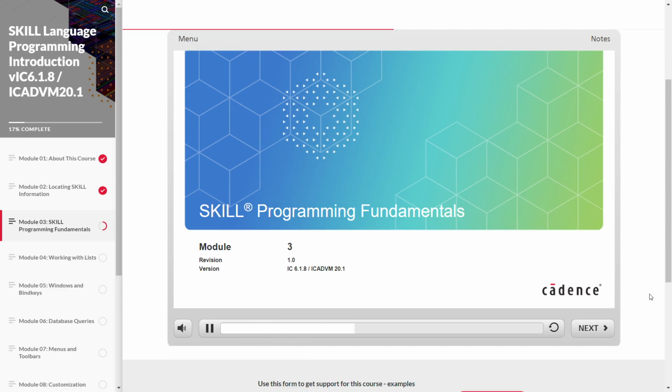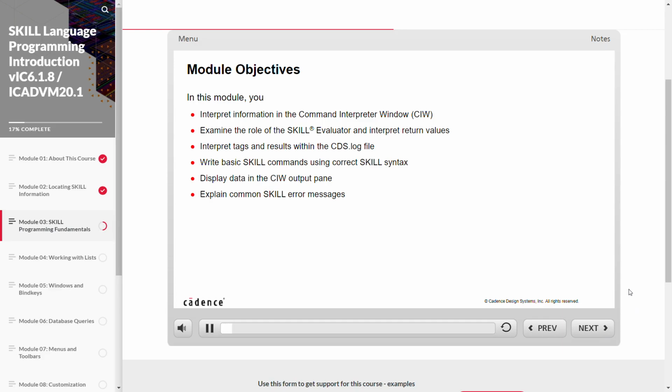In this module, we'll be covering SKILL programming fundamentals. The module objectives for this module are to learn to interpret information in the command interpreter window, to examine the role of the SKILL evaluator and interpret return values, to interpret tags and results within the cds.log file, to write basic SKILL commands using correct SKILL syntax, to display data using print commands in the CIW output pane,